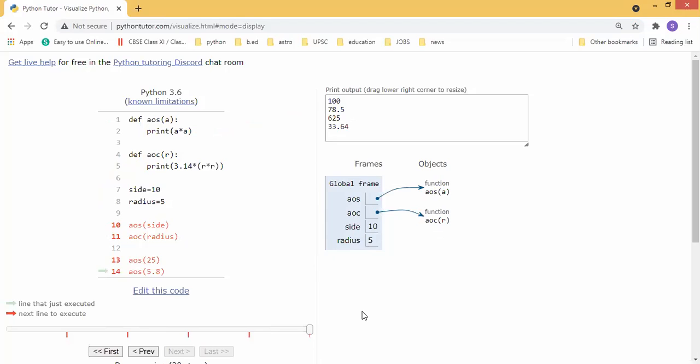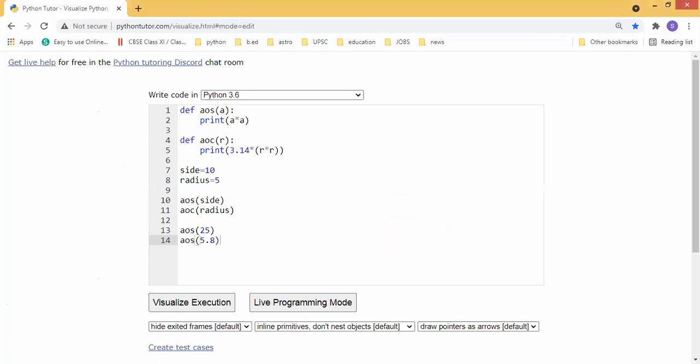Kindly practice with a lot of programs, then only you can understand this concept. It is a very, very important concept, students, because the next chapter is recursion, which is the advanced topic of this one. We also have library, one more chapter that is related to this function. Kindly understand this. If there is any doubt, you ask me. Next we will go with another example, another concept. Everyone noted?